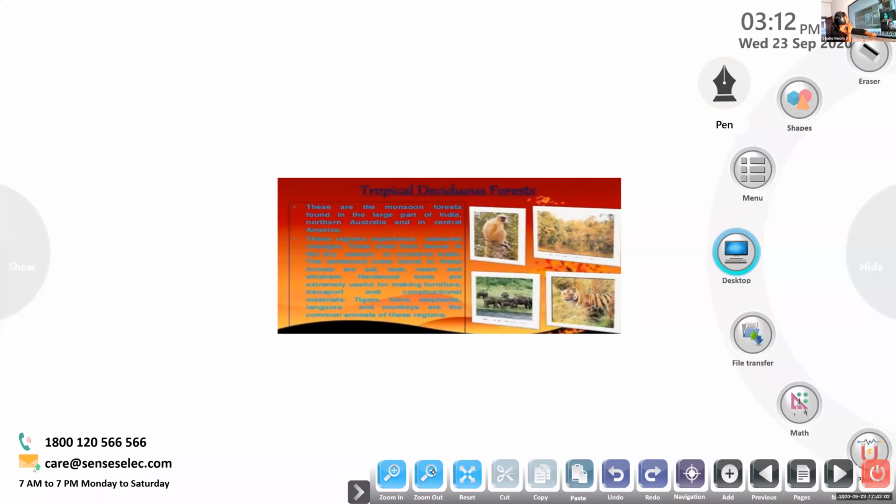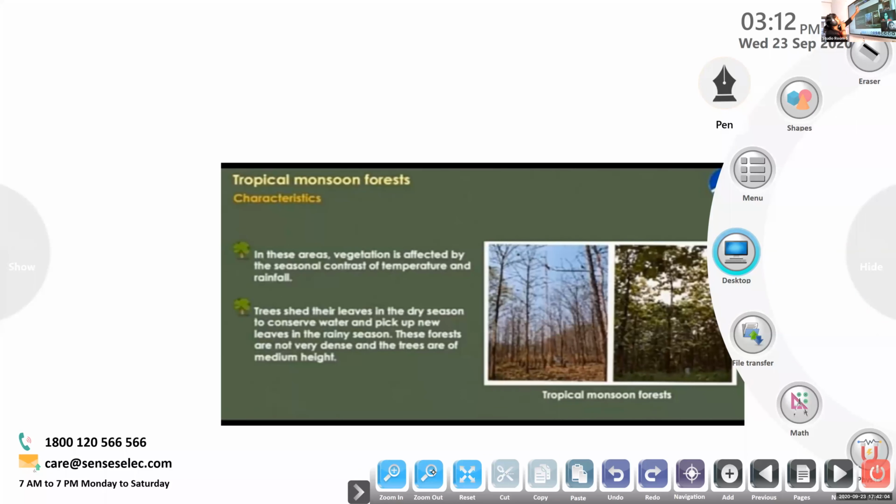Okay, children, listen. In this monsoon forest, vegetation is affected by the seasonal contrast of temperature and rainfall. Means that this region experiences seasonal changes, changes in temperature and rainfall.